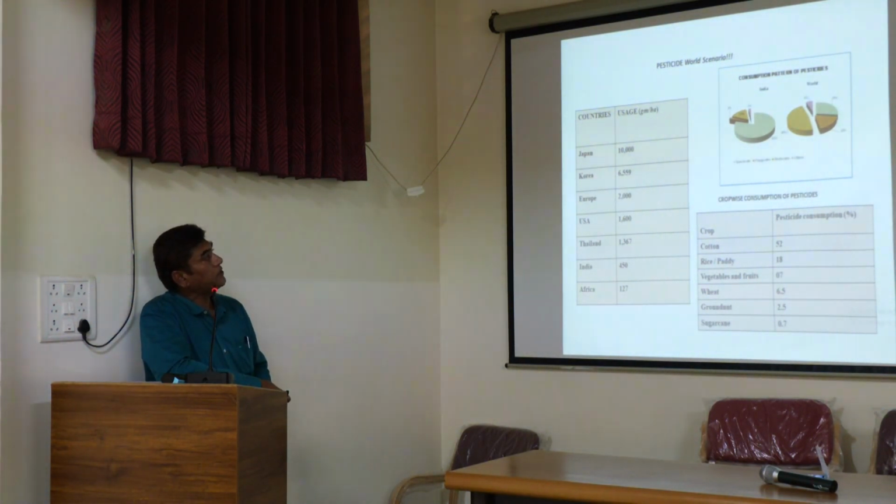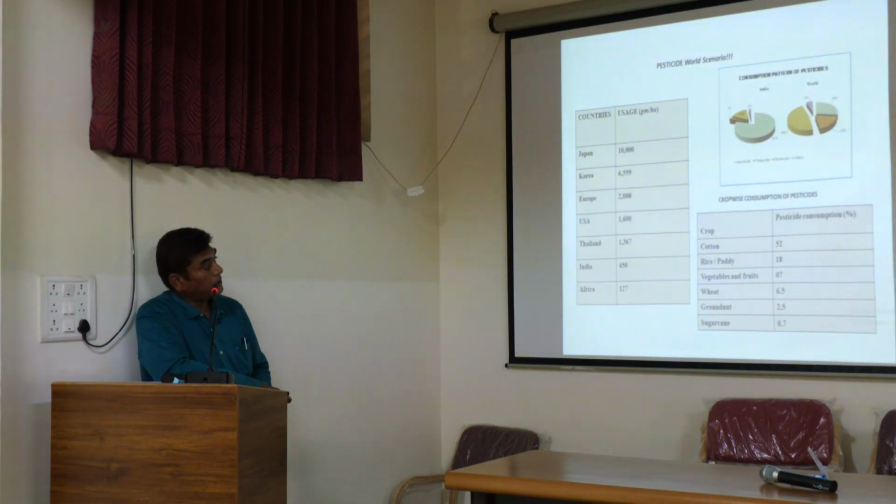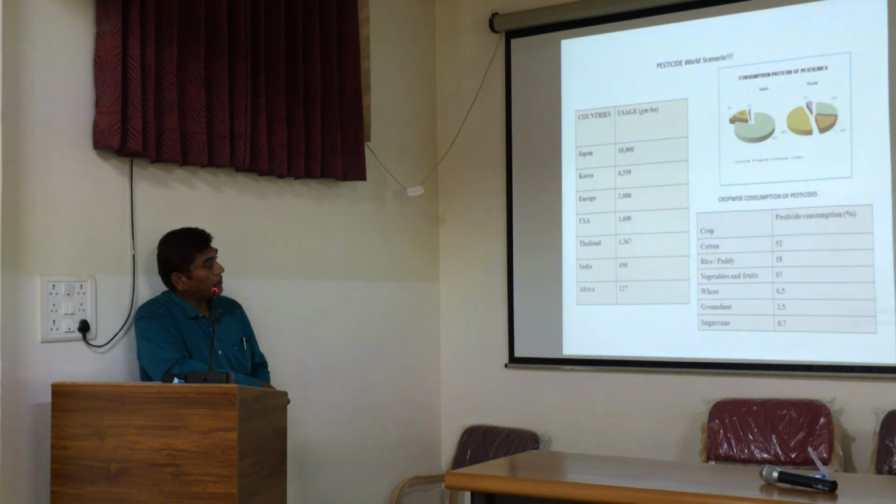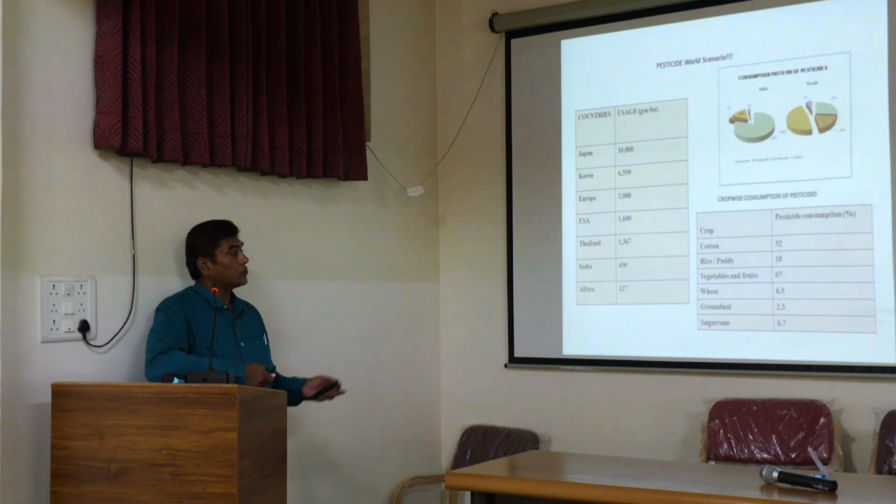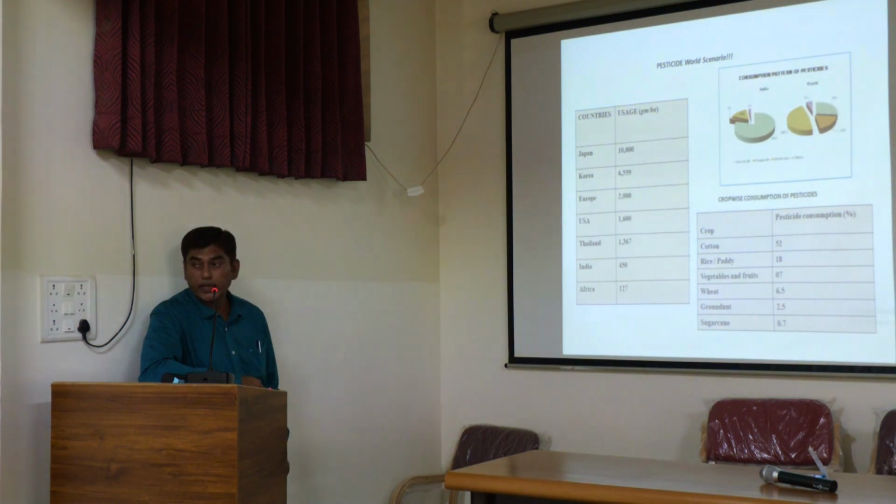So 52% of pesticide, insecticide consumption in India is more compared to fungicide. But in the world scenario, fungicide consumption is more compared to insecticide. Crop wise, cotton pesticide consumption is 52%, whereas our staple food rice 18%. It is very threatening. And vegetables and fruits 7%, wheat 6.5%, groundnut 2.5%, sugarcane